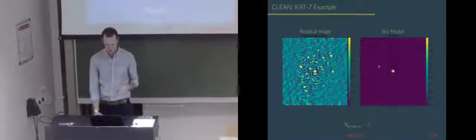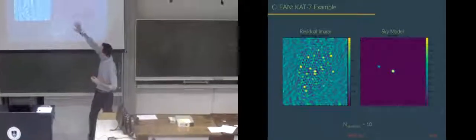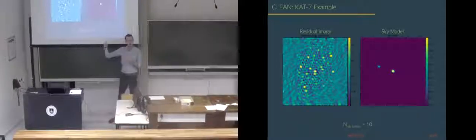And then if we step ahead a few more iterations, 10, you don't see 10 sources, but you do see that the central source has gotten brighter because we've subtracted off a bit more gain with each iteration. And at a certain point, that central source has gotten weak enough that the source kind of far away is the brightest source in the residual image. Now we want to say that's our next source to subtract out.